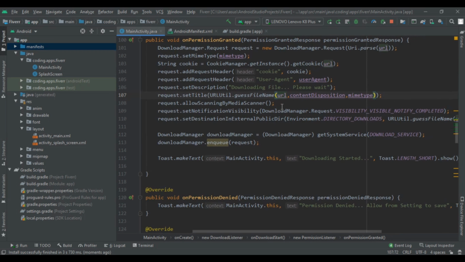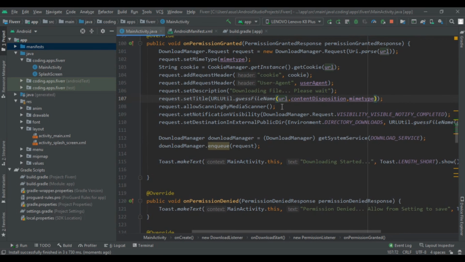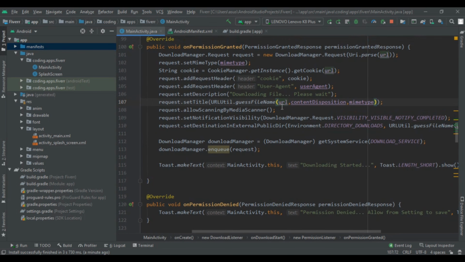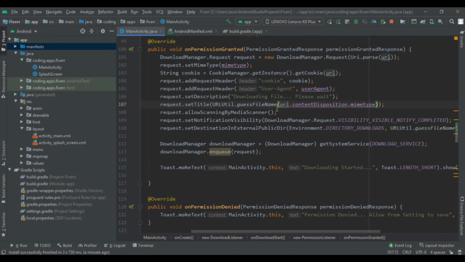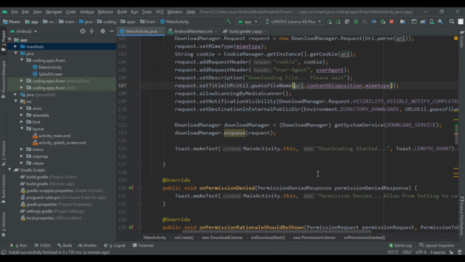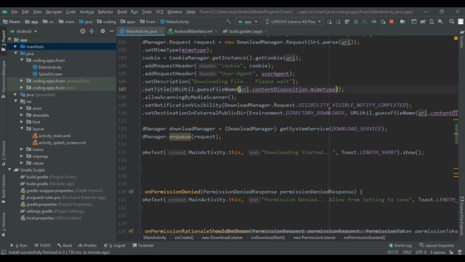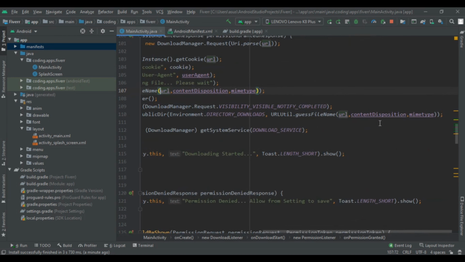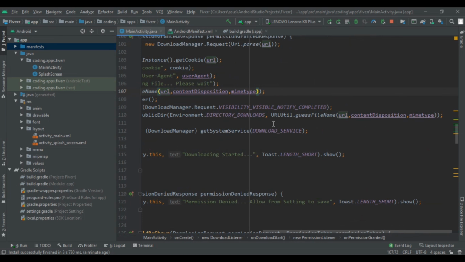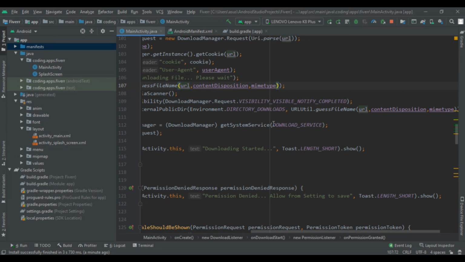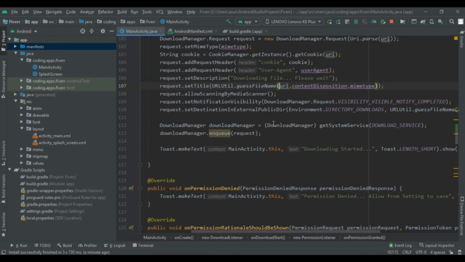So if it contains any error, then it will be removed. Then the notification visibility to visible on notify completed, and set the destination of our public directory to our directory downloads, and then given the subpath this guess name. So whatever the file name will be, it will be a subpath.